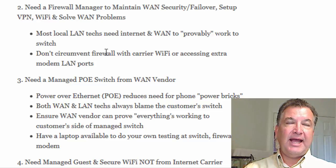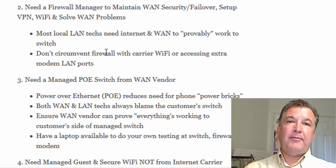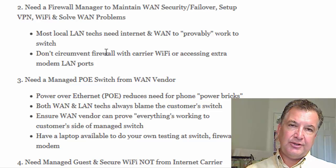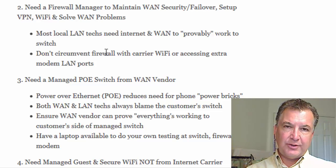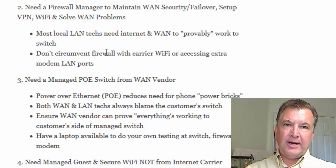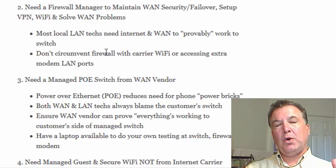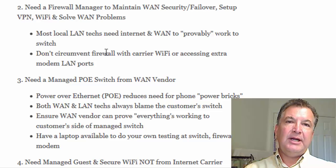Now, you can have the access points put in by your LAN guy, and they'll plug into the switch, or you can have them plug into the firewall. Just make sure you decide whether your LAN guy is going to do it or your internet provider is going to do it. More often than not, it's going to be your local guy. But these are just extra devices. Make sure that your internet provider and your local LAN provider are working together to set up protected access